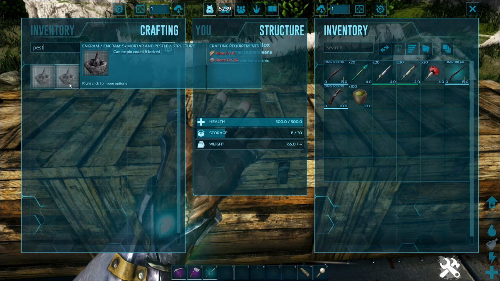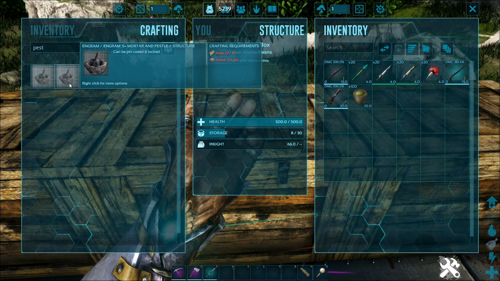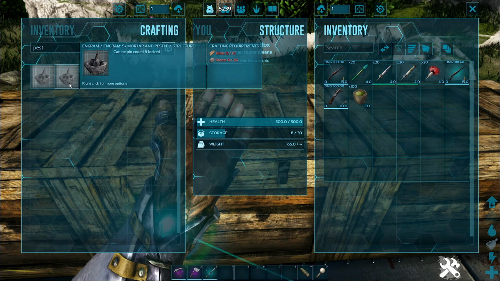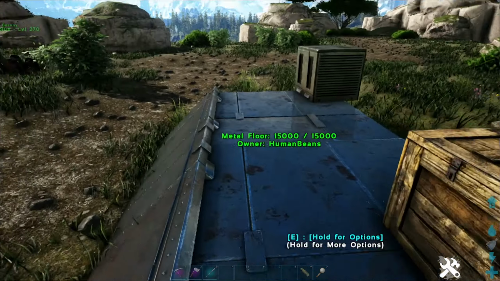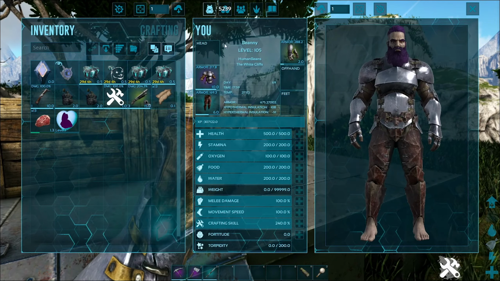Once you open up that, you chuck in some narcotic berries, which you get from plants, which I'll show you in a second, and then you put in some spoiled meat, which you'll get from killing dinos and letting it spoil in your inventory. A quick tip for that, if you want a quick tip for that right now,